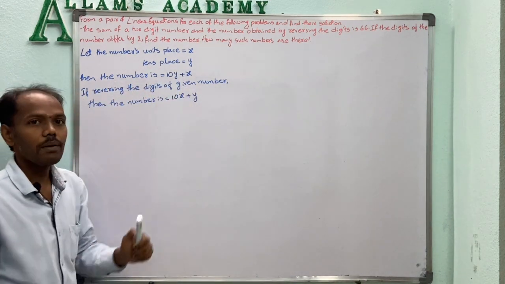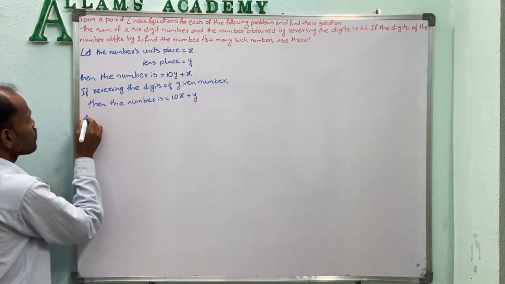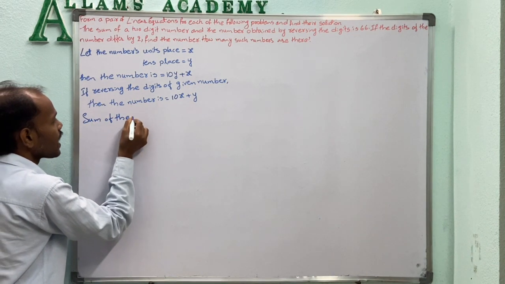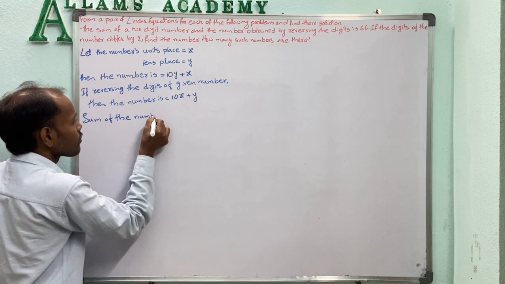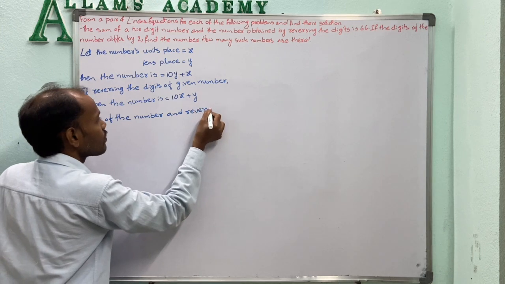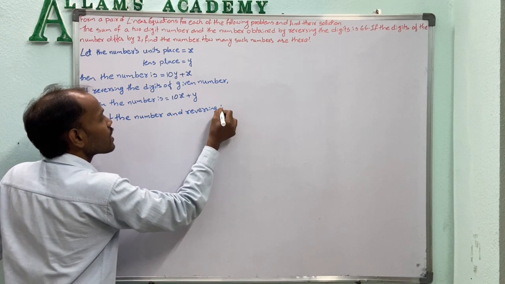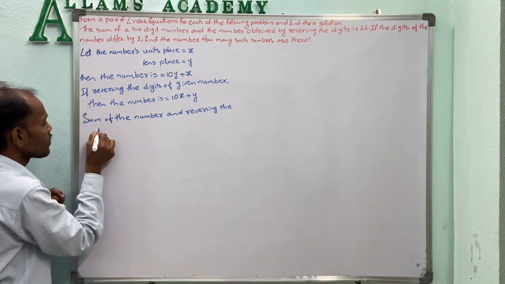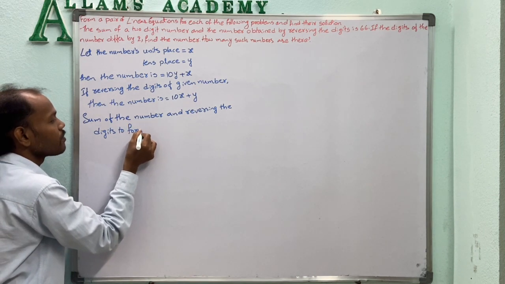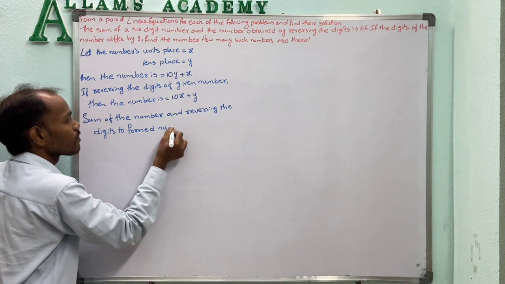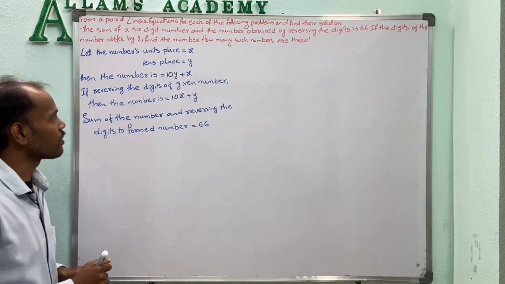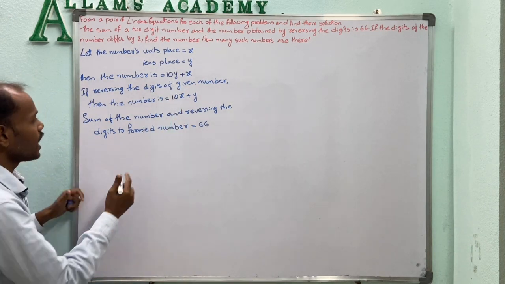So the sum of these two numbers is equal to 66. Now adding these two: 10y plus x